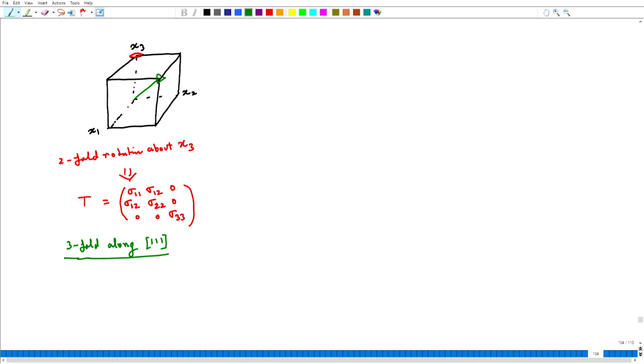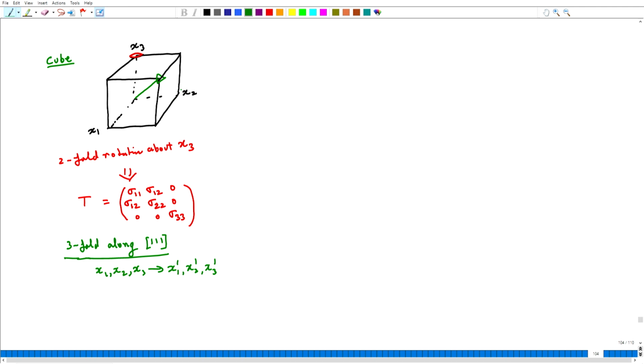And let us see how the x1, x2, x3 axis will transform to x1 prime, x2 prime, x3 prime. So, I am now doing a 120 degree rotation and this is in a cube. So, I should say that this is done in a cube. So, when I do this, since this is a symmetry operation for a cube, all body diagonals have three-fold,